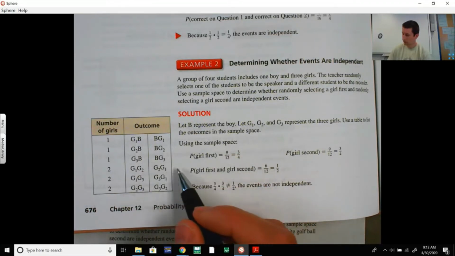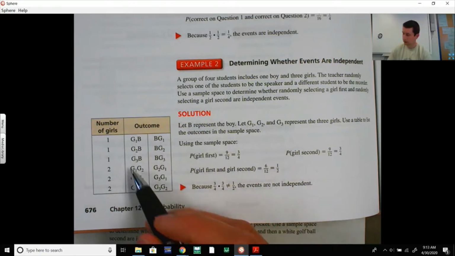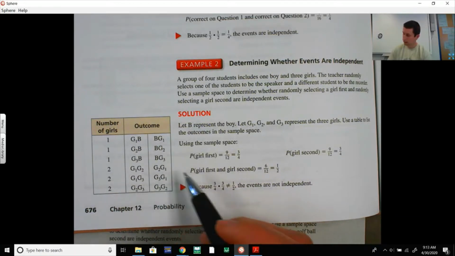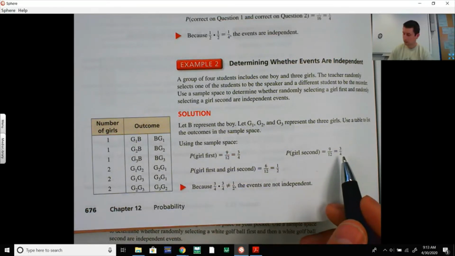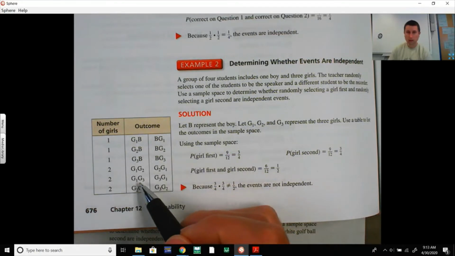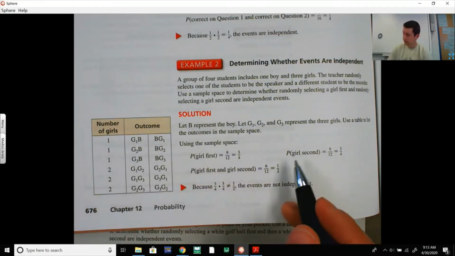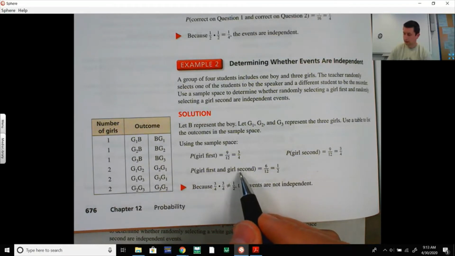Probability of girl first would be 9 out of 12 because they have 9 times that girl was chosen first. The probability of getting a girl second is also 9 out of 12, because there's 9 times, there's 6 on the right and 3 on the left, where the girl is second. So the probability of girl first and girl second is,